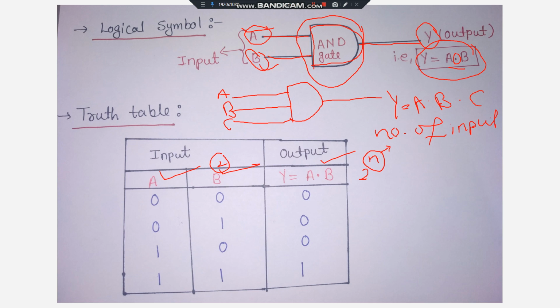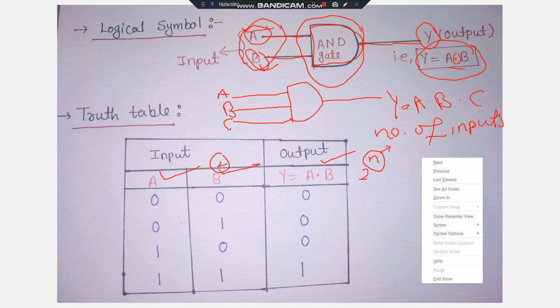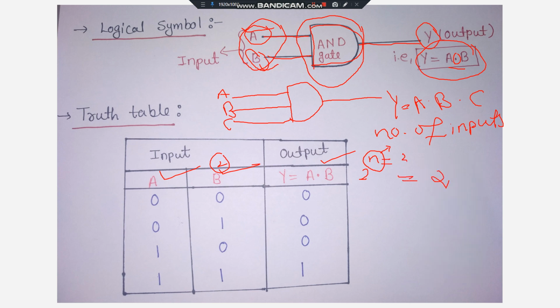inputs present. कितने नंबर ऑफ इनपुट्स प्रेजेंट है. तो अगर हम ये डायग्राम की बात करते हैं, ये टू इनपुट एंड गेट की, तो वी कैन सी क्लियरली हियर टू इनपुट्स आर देयर. ओके, सो दैट मीन्स फॉर दिस केस एन विल बी 2. So that means here we'll get 2 raised to 2, and 2 raised to 2 is what? It is 4. So here we will get 4 combinations of 0 and 1.